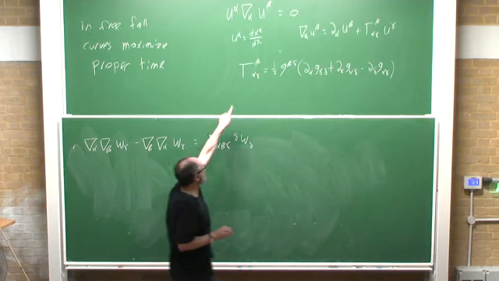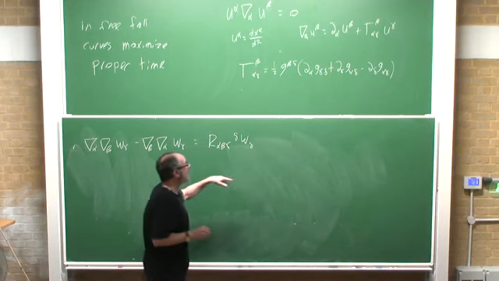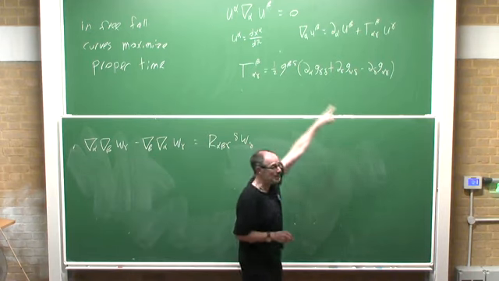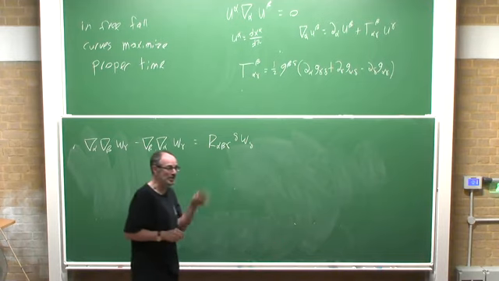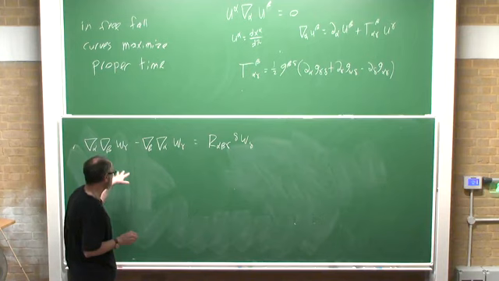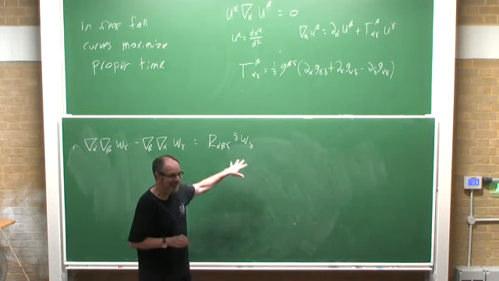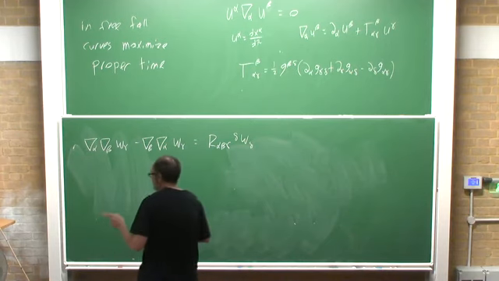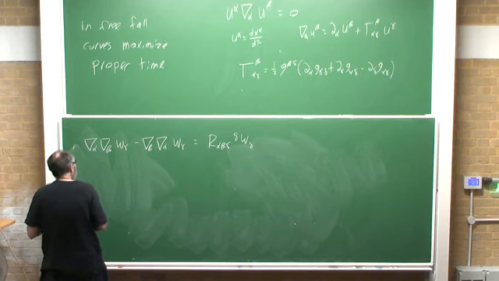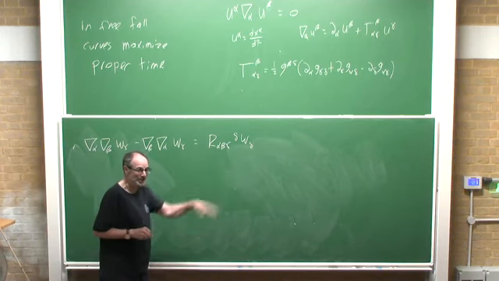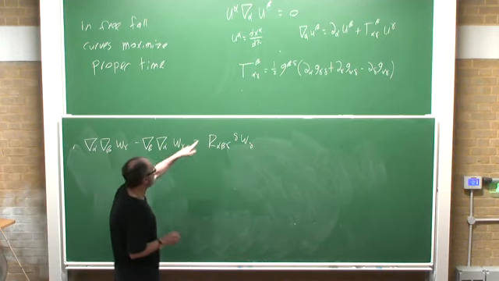Since you have a formula for the Christoffel symbols, and the relation between Christoffel symbols and ordinary derivatives, you could work out exactly what this Riemann tensor is. I'm not going to write down the formula in gory detail, but